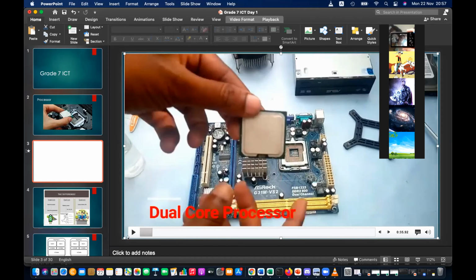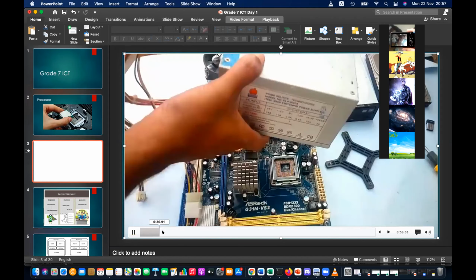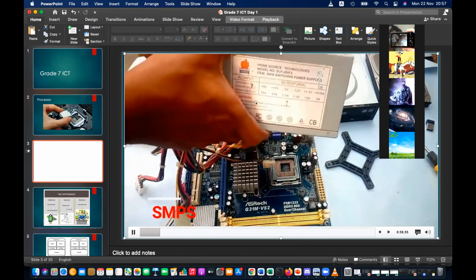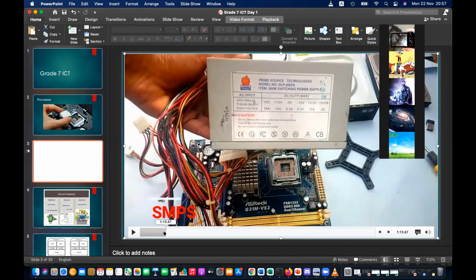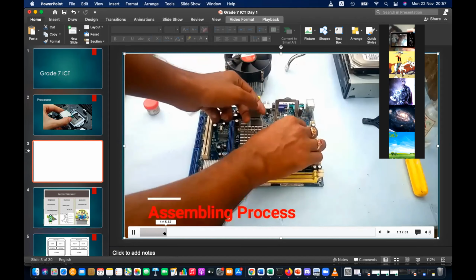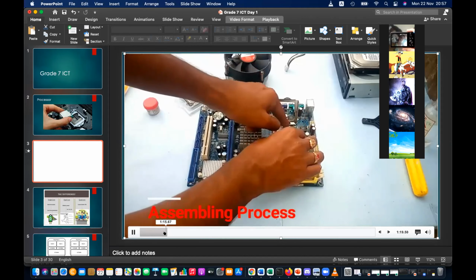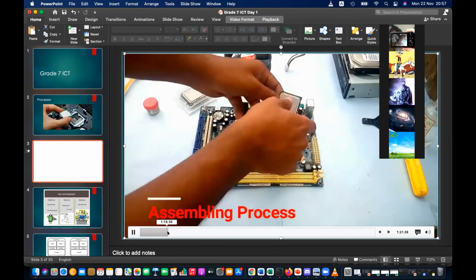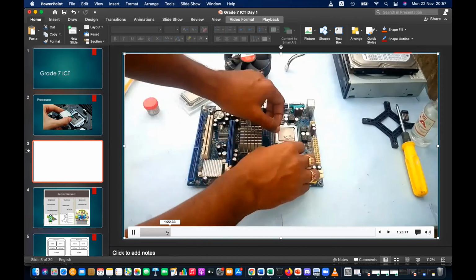Okay, this is how your processor is connected. After the processor, this is the power unit actually. This is what gives the power to your computer. Okay, when you connect the processor like this, right? When you connect the processor like this,